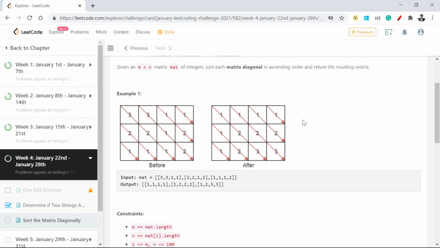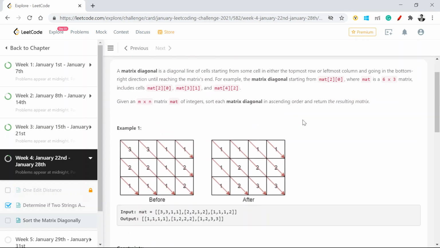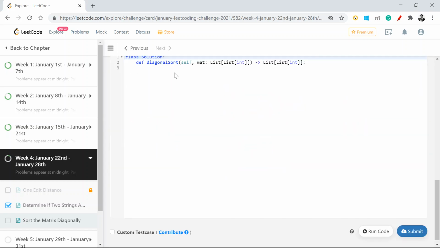A very straightforward approach which I can think of is we have to store the values which are present diagonally, sort them, and place them back into their respective positions in the matrix, right? And how are we going to do that? We are going to use a Python library which is heapq. It uses the min heap concept, min heap or max heap, whatever you want to consider.